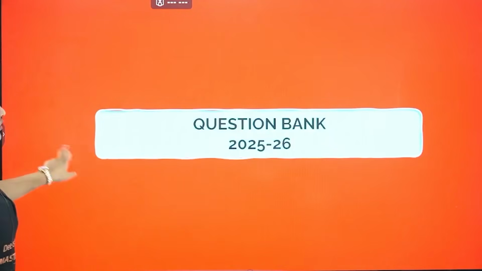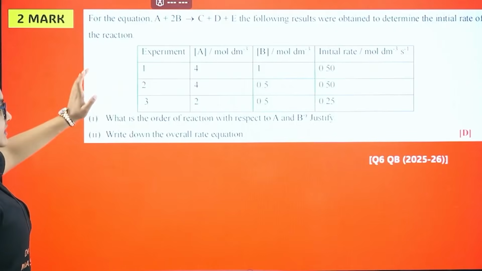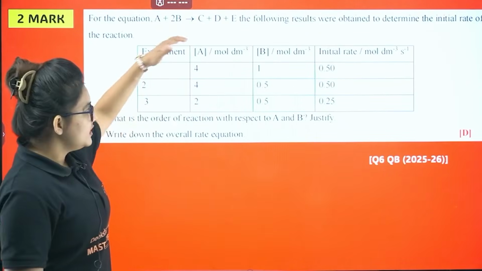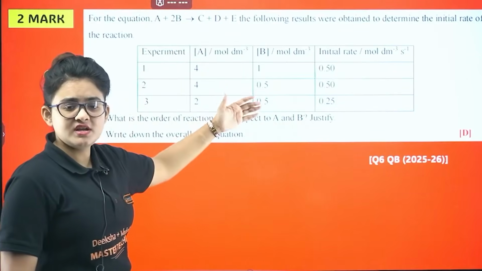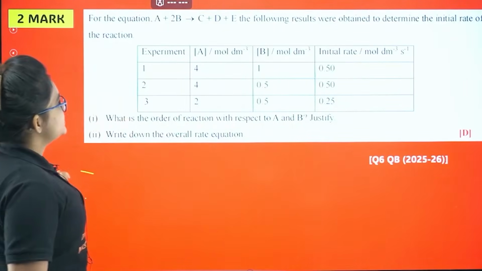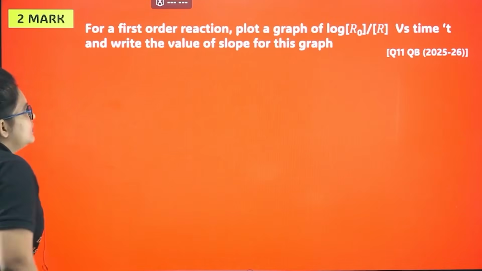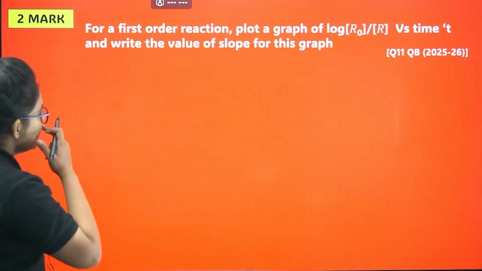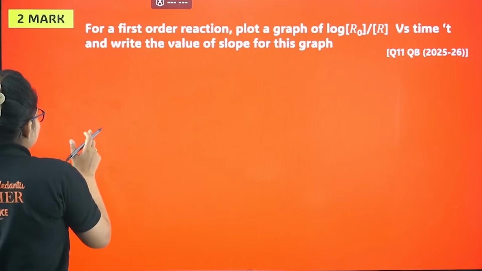A little bit we will do from question bank. Again I am telling you, this type of question I already solved. Initial rate method, develop 3 different equations and then solve it out for x and y, you will get it. Let's proceed further. For a first order reaction, plot the graph of log R0 versus R versus time. So how you should do,